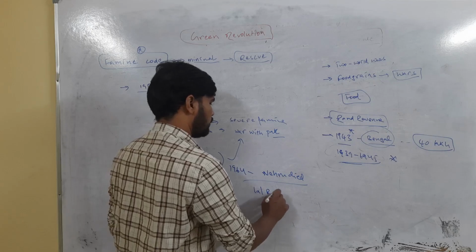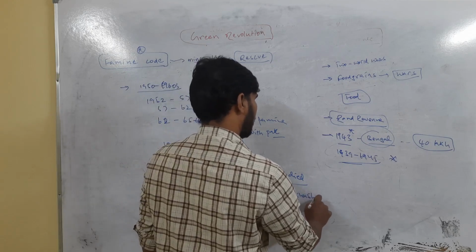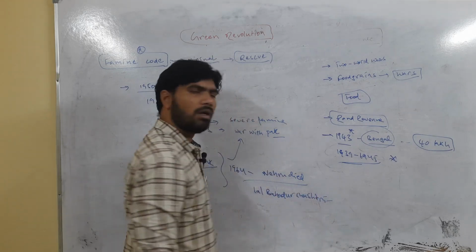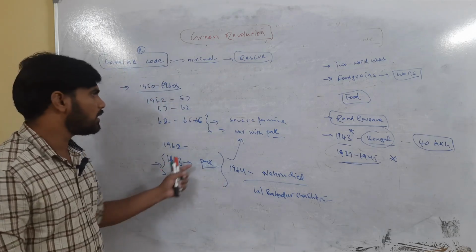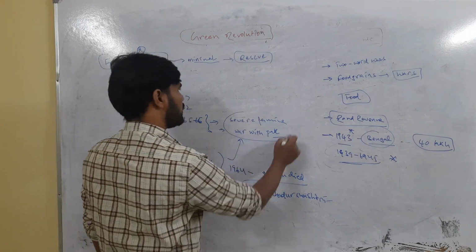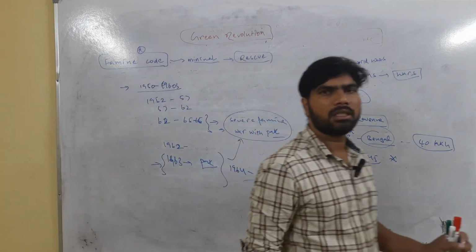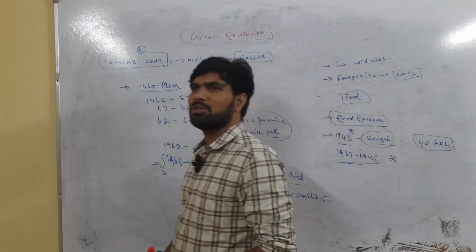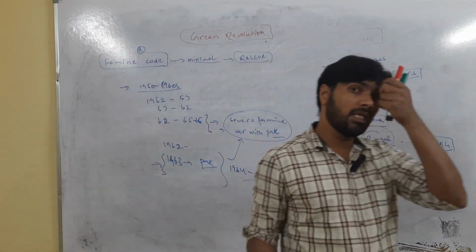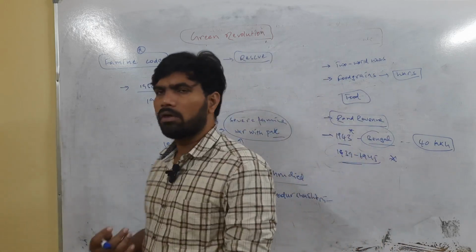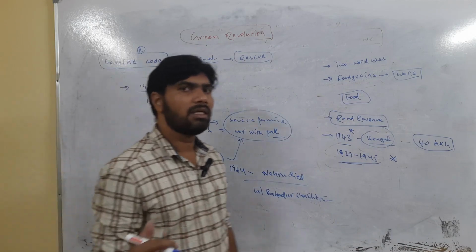After that, Lal Bahadur Shastri became the prime minister, and he gave the call of Jai Jawan to win the war against these two countries, China and Pakistan, and Jai Kisan to address the issue of famine in our country. So that's how the slogan came, Jai Jawan and Jai Kisan. You have to remember this slogan also, because this was asked once in the mains examination: explain the background of this slogan, Jai Jawan, Jai Kisan, given during the 1960s.